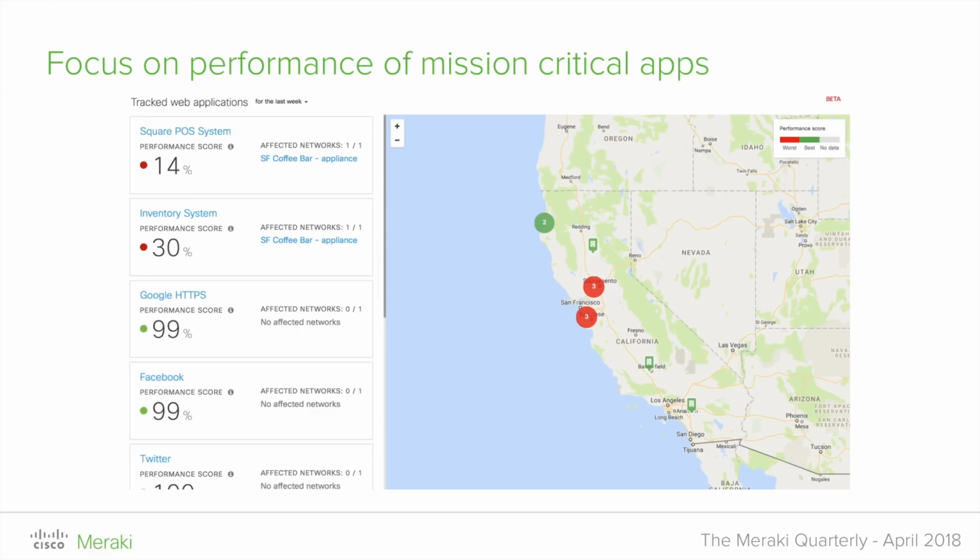So just zoom in on that a little bit. If we look at this example here, we've got a couple of applications that are causing us difficulty. We've got low performance scores. No rocket science here. This is immediately obvious that we have problems we need to go and identify. And if we click a little bit deeper into that performance score, then we very quickly start to understand where that problem lies.